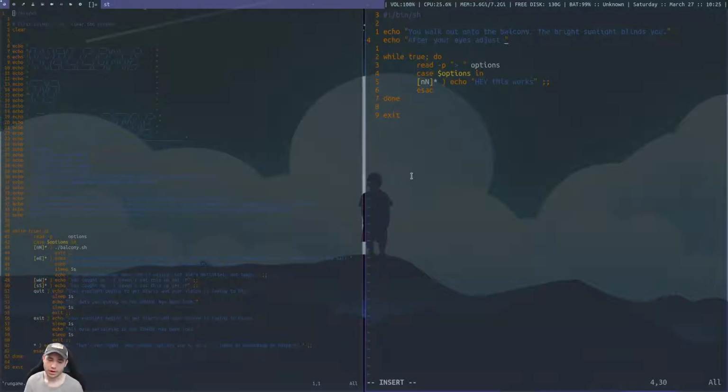And as you start to explore your environment, you start to see wildly crazy things. So I think out here on the balcony, we're gonna have some...